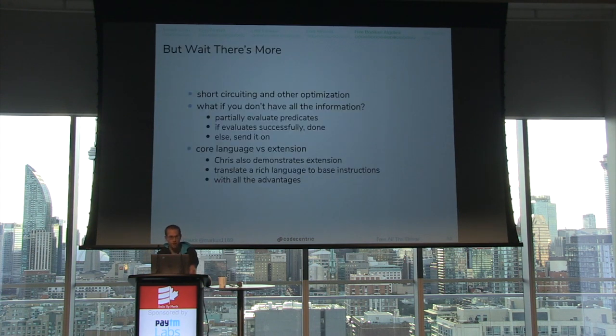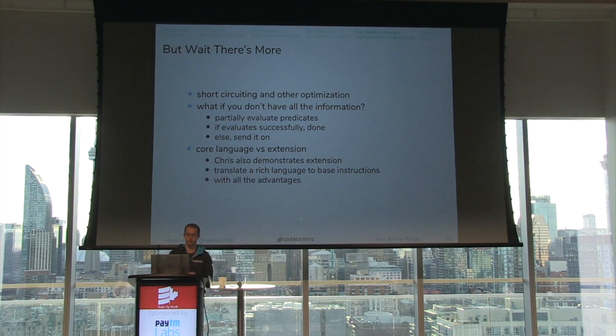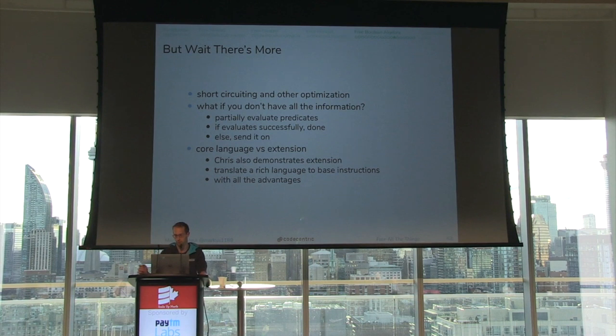So this is how you could write a DSL with Boolean expressiveness. But actually, there's way more that you can do now that we've freed Boolean algebras. For example, you can perform short-circuiting or other optimizations with the program once you have it, because AND false and something else will always be false. Another question is, what can you do if you don't have all of the information? We will get to this in a moment. Then you can actually partially evaluate your program. Instead of running it to a value like true or false, you can reduce the AST into something that either is true or false, or some remainder program,